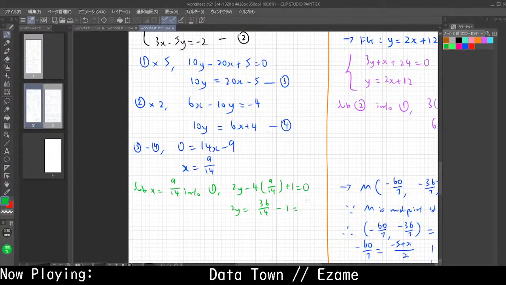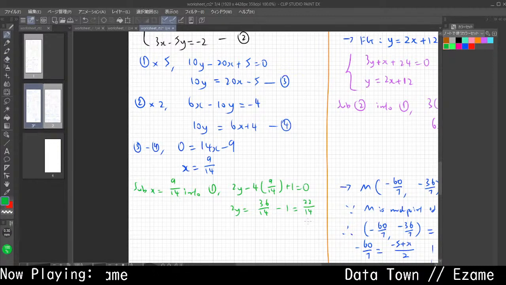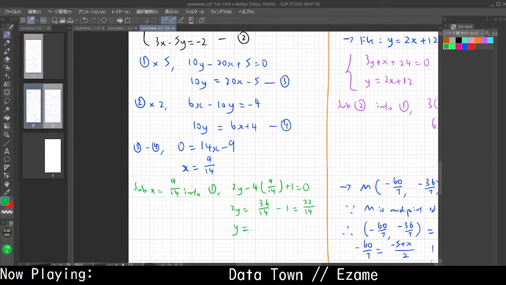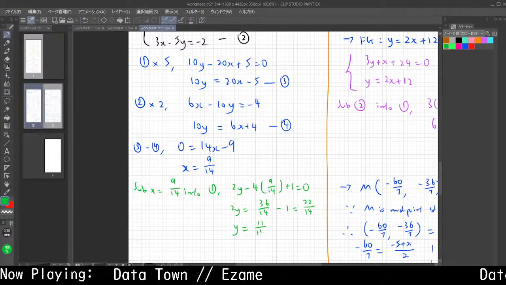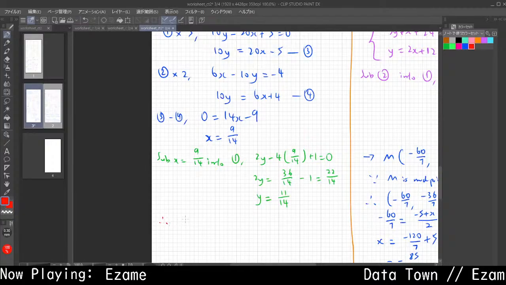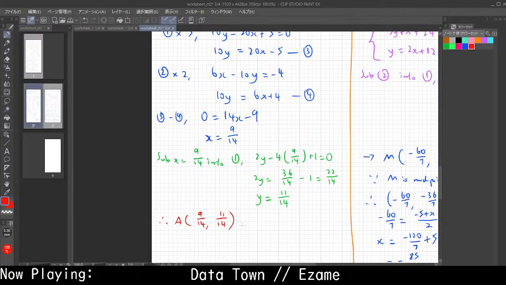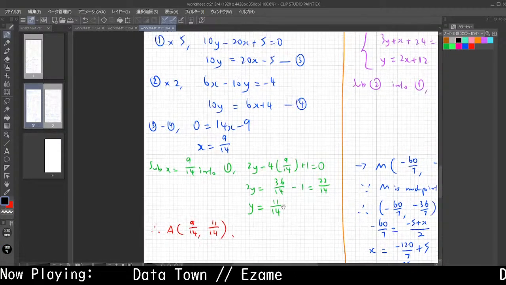This is equal to 22 over 14. The 2 you bring over to divide, you get 11 over 14. Okay. So A has coordinates 9 over 14, 11 over 14. Okay. Second,